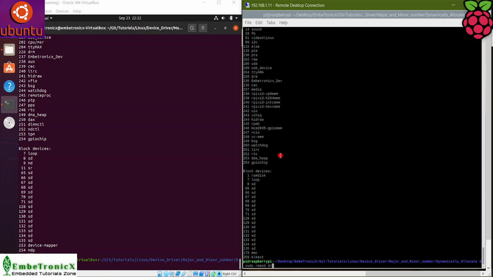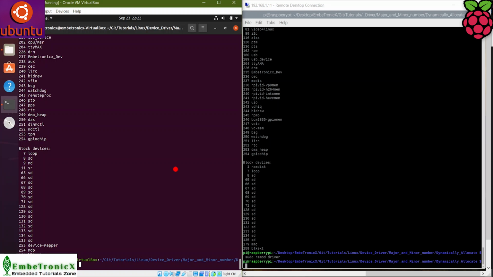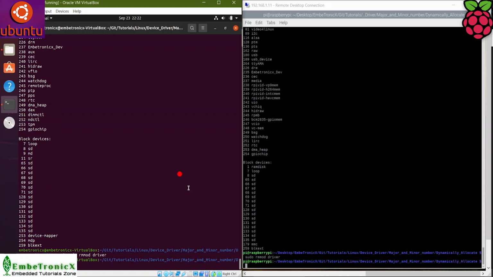Unload the module now. Now, what is the difference between static method and dynamic method? A static method is really useful if you know the major number that you want to start with in advance. So, it will assign you that number based on the availability. But in the dynamic method, we will just let the kernel give any number to us. To avoid the conflict, the dynamic method is preferable. The disadvantage of dynamic assignment is that you can't create the device nodes in advance because the major number assigned to your module will vary.